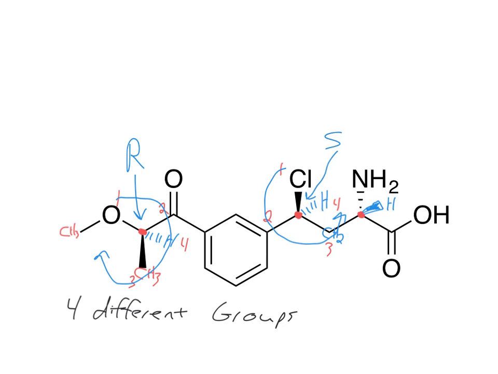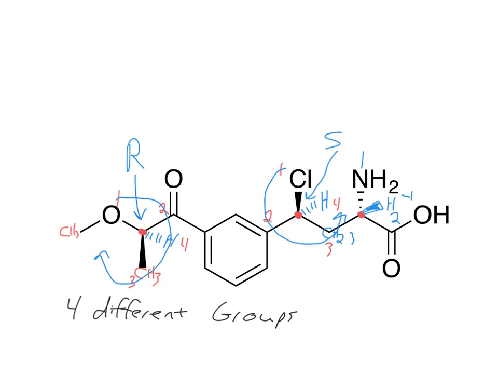Alright, and then this last chiral center, we have a nitrogen, a hydrogen, and then the same 2 carbons. Alright, so let's number this. The nitrogen is going to be 1. Now we have the 2 carbons. Same idea, we want to compare them. This carbon's attached to an oxygen. This carbon, the biggest thing it's attached to is another carbon. So the oxygen is bigger than the carbons. So this becomes 2, 3, and then the hydrogen is 4. So if we draw our numbers,